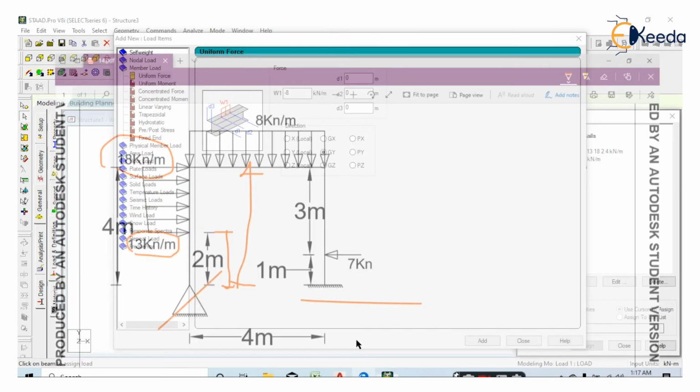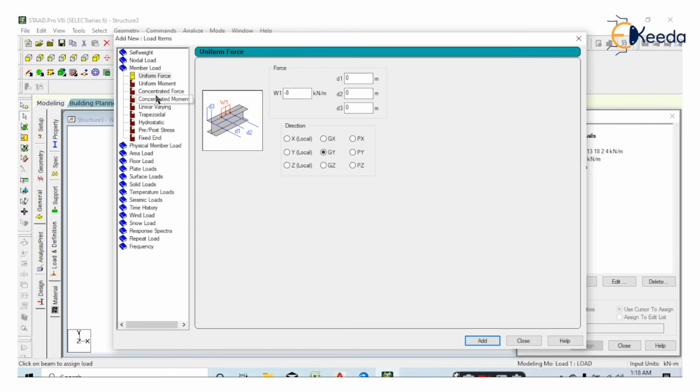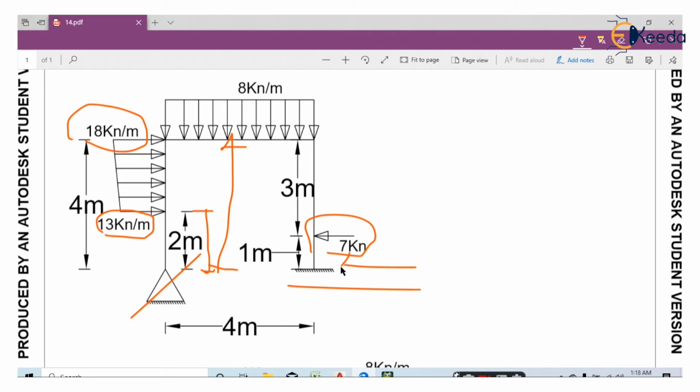Do not close. Apply a third load as 7 kilonewton of concentrated load. Just go to concentrated force. Provide a value as minus 7, because it is leftward side, right? And D1 value.